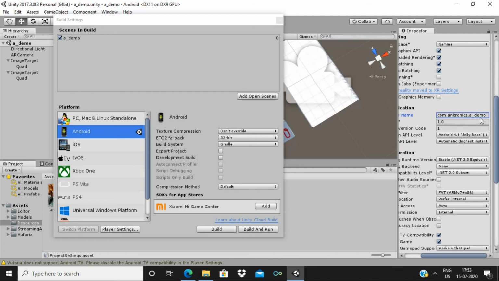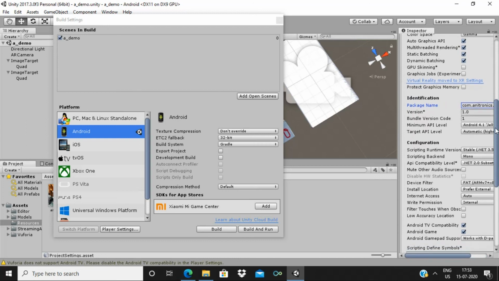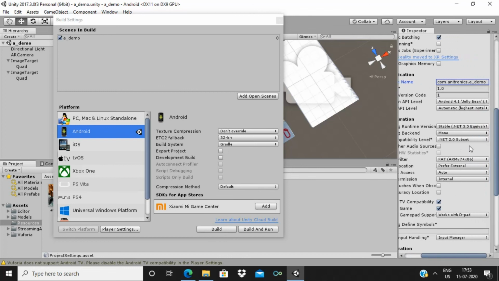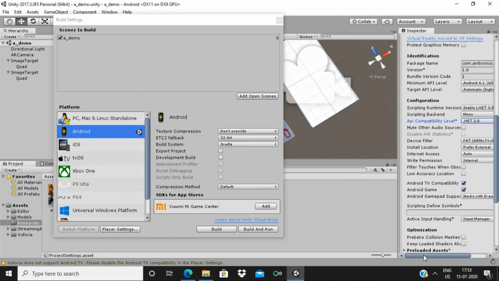And next, drag it down. Yeah, API compatibility. It is for .NET 2.0 subset. Keep it on .NET 2.0 simply. And then don't forget to disable these two, because your application may not work fine if you have these two.